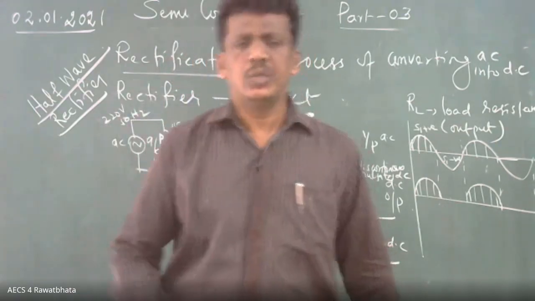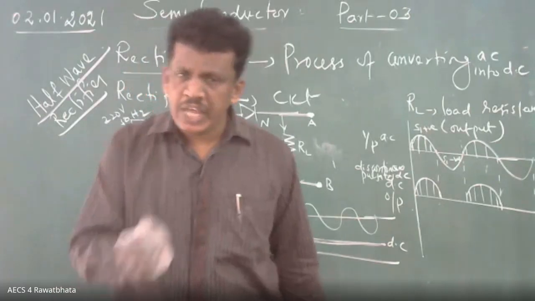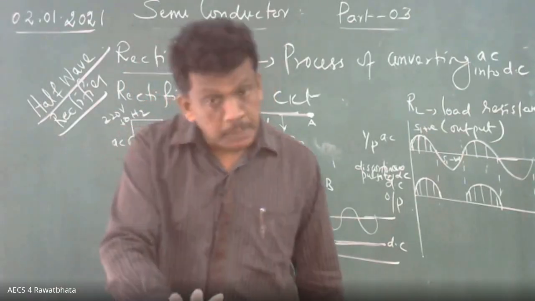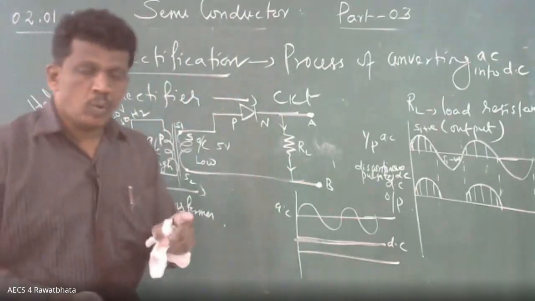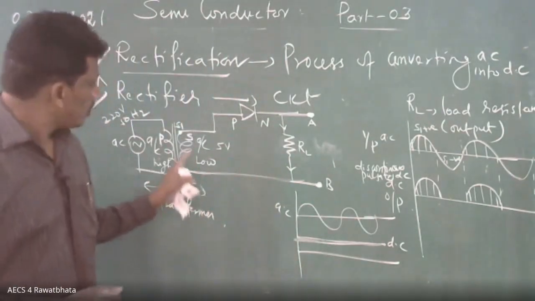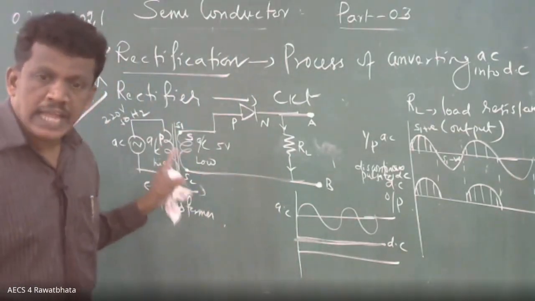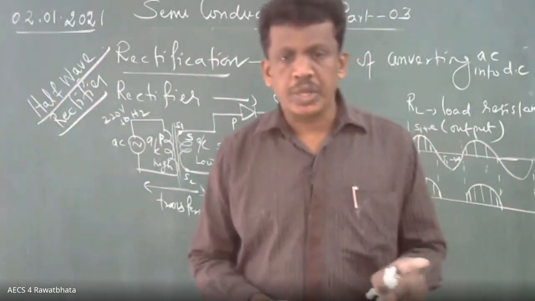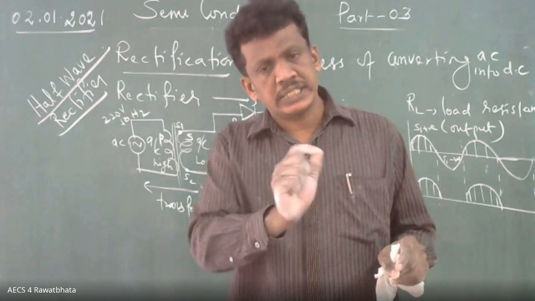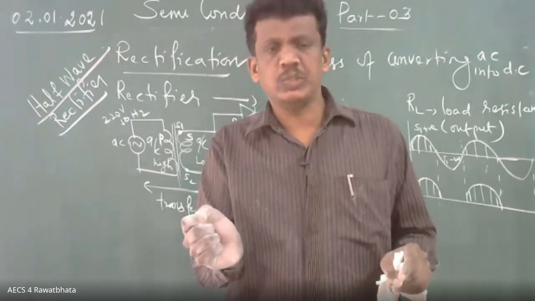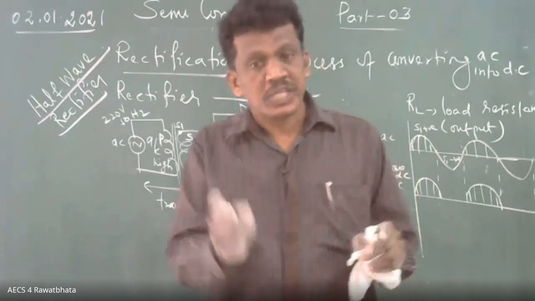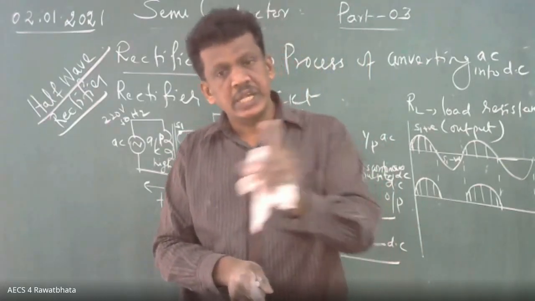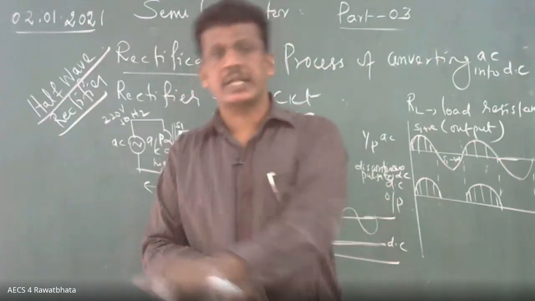That's all. During forward bias, the diode conducts. Reverse bias does not conduct. This is the principle. Which one works under mutual induction? Transformer. Okay, transformer. Now the process is AC into DC. Which one? Rectifier. What is a rectifier? The circuit which converts AC into DC. That is what a rectifier is.